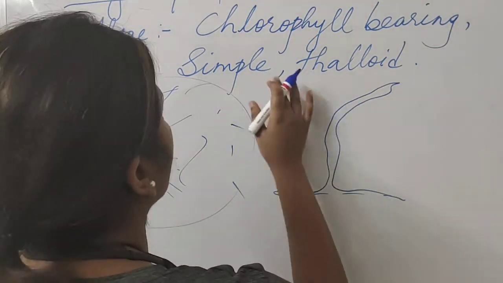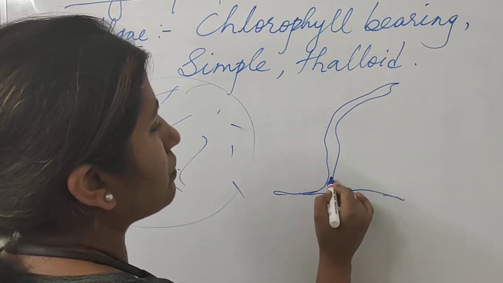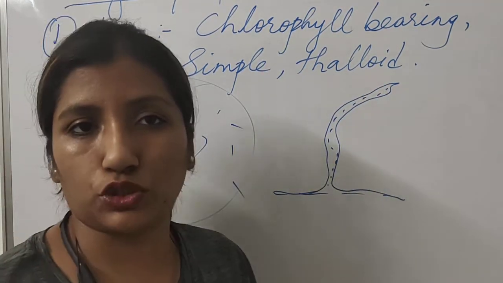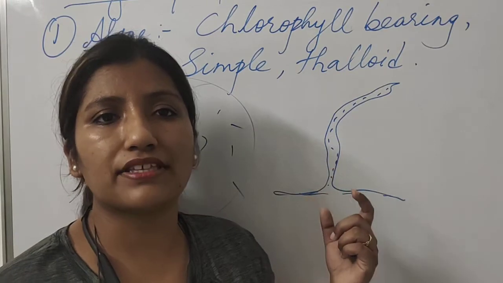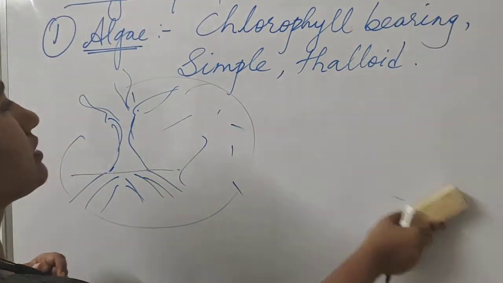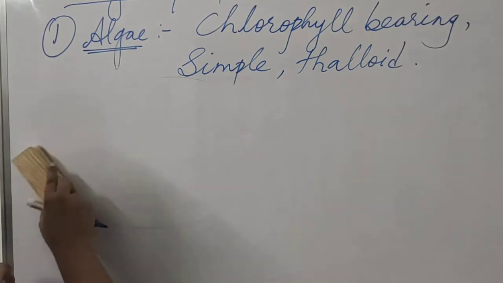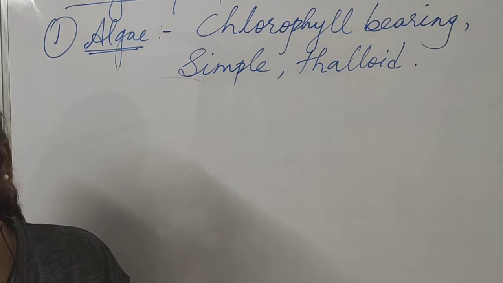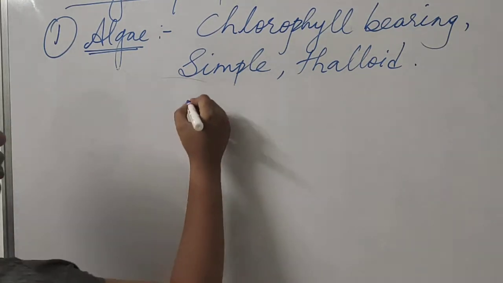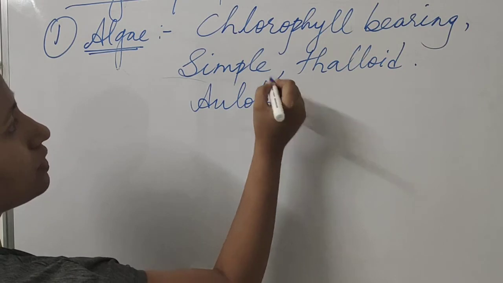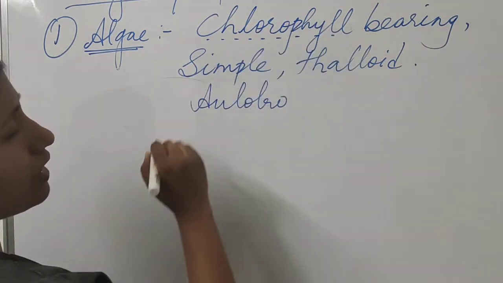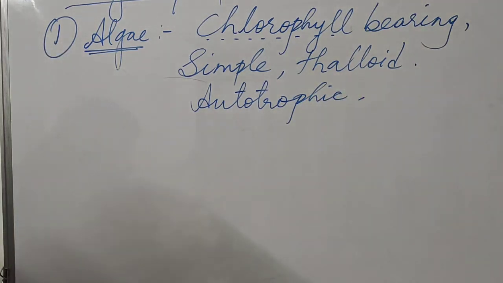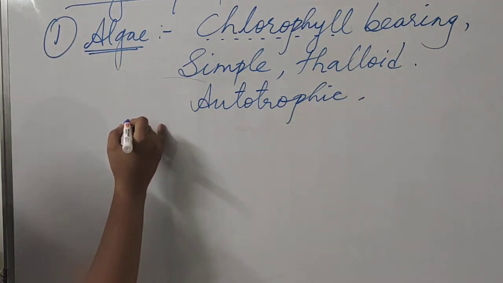But when I say thalloid, it's a simple organization made up of simple tissue, and it does not have any complex organization of tissue. So thalloid is a simple organized body, without any complex organization of tissue. And they are autotrophic. We come to know they are autotrophic because they have chlorophyll. Still I'm writing, they are autotrophic, and they are found in habitats,